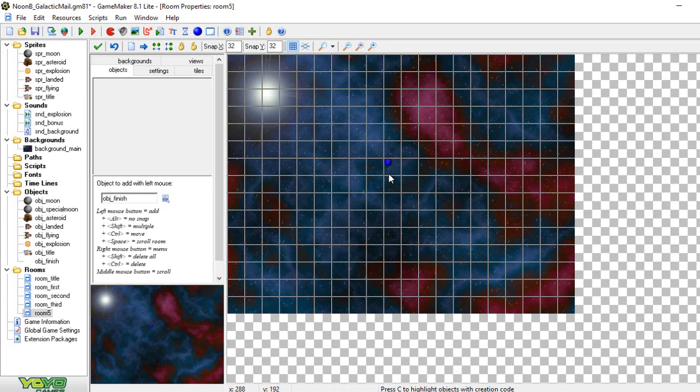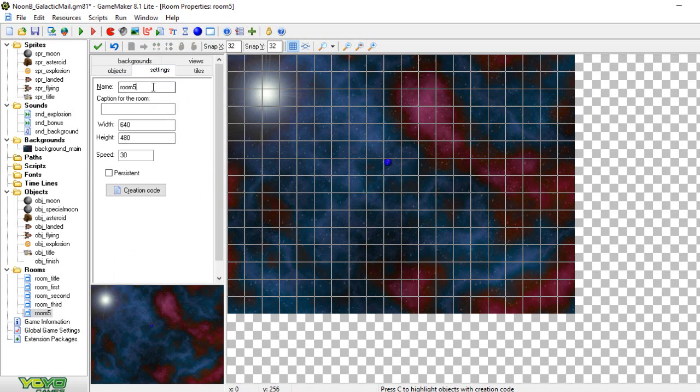We'll put it right in the middle, and it's just this little blue dot. It's not going to show up when we have it. But what we have here is a room finish, Galactic mail,